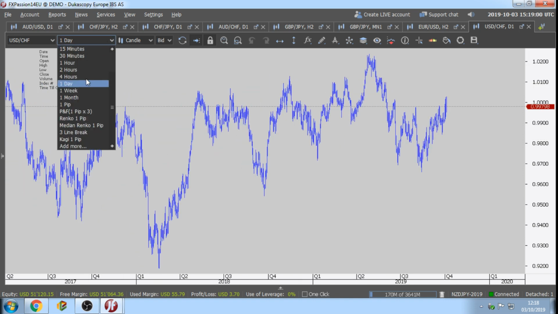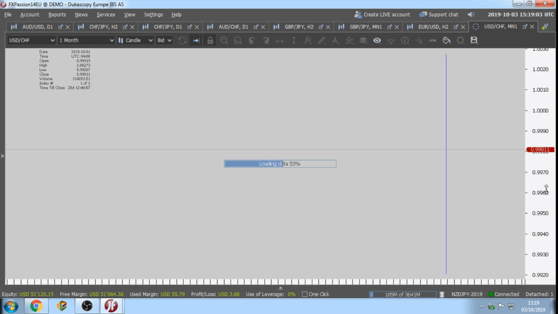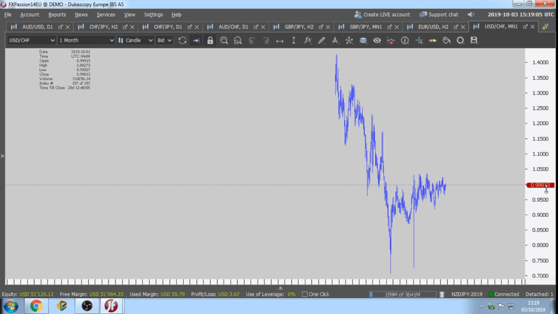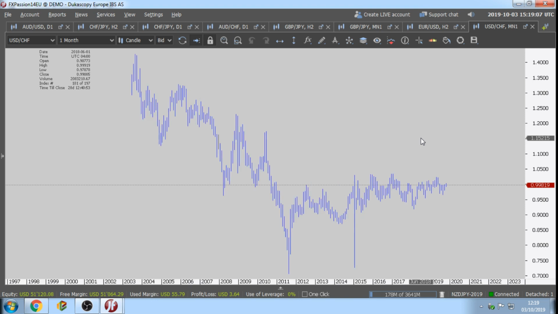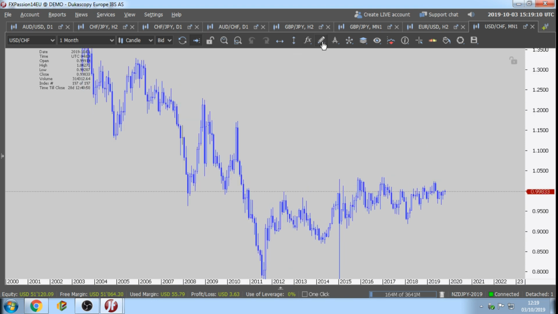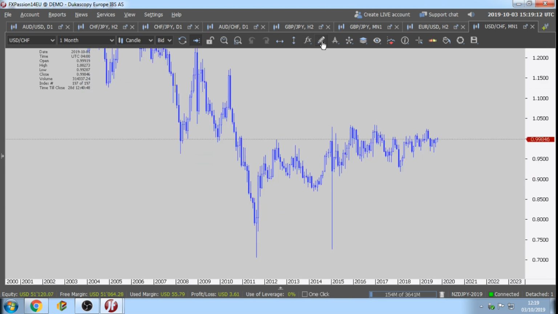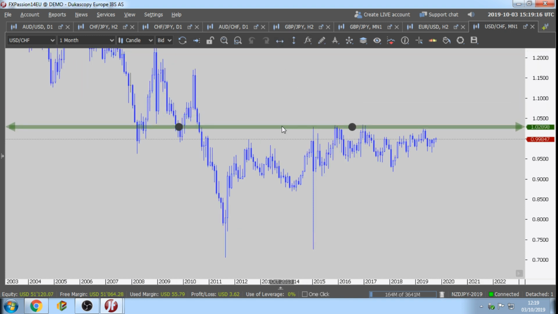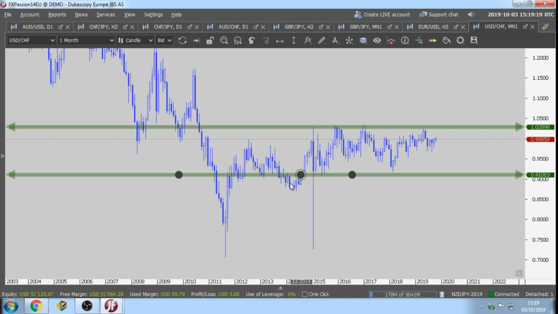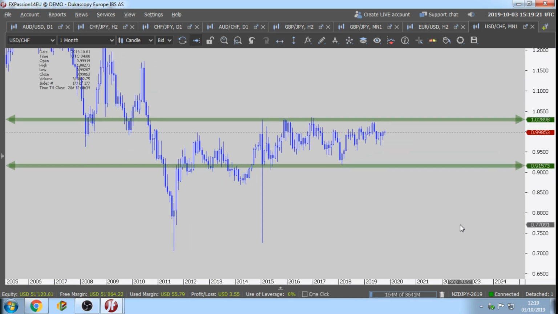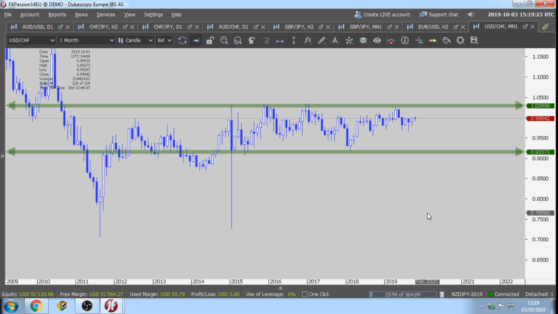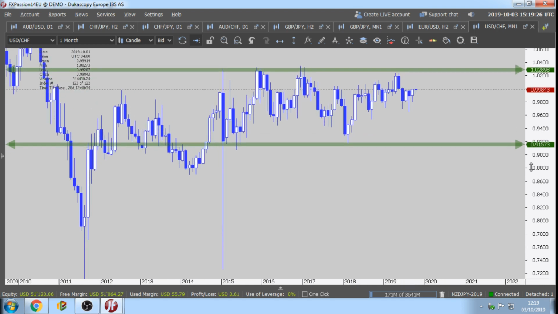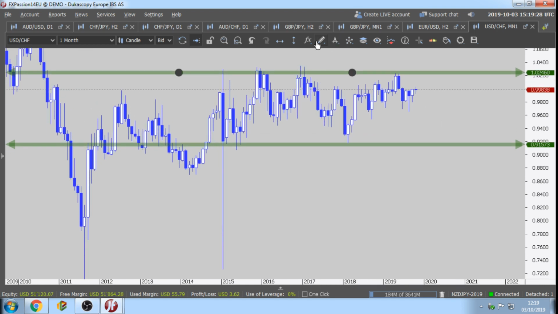Now, monthly chart. Some of you don't agree with me, no problem. Some of you are telling me no, this pair is up. Well, my view is different. For me, this pair is sideways. And again, you can take what you like, you can reject my point of view, no problem. I don't have a crystal ball, right? So in my opinion, this pair is sideways and short, long term.